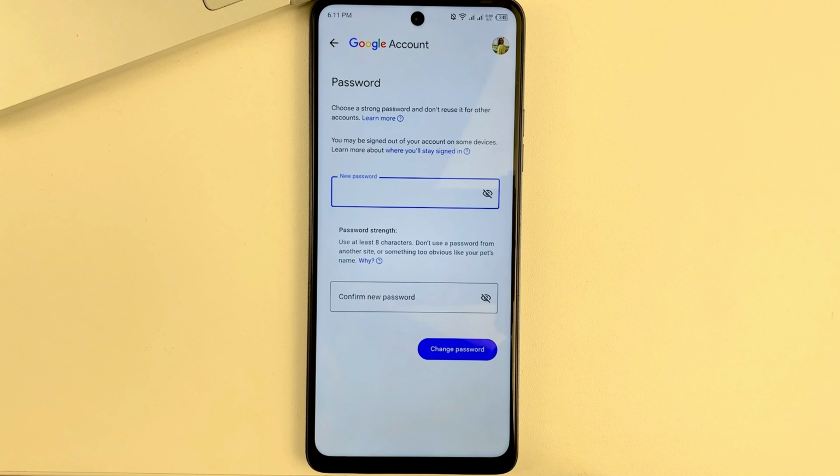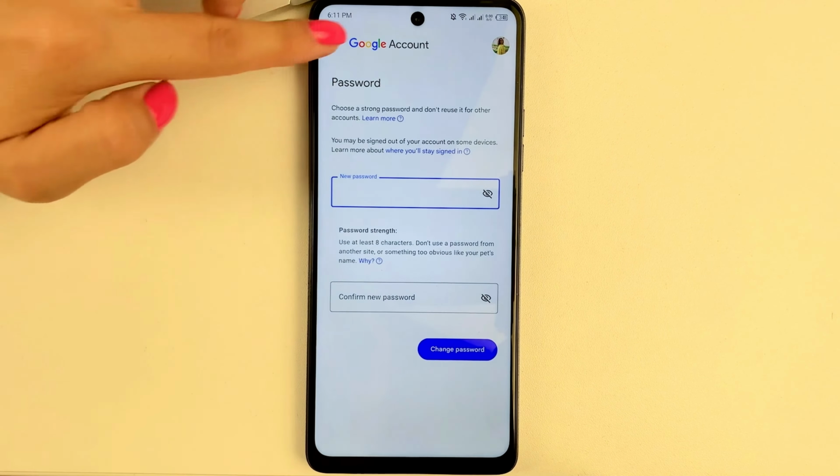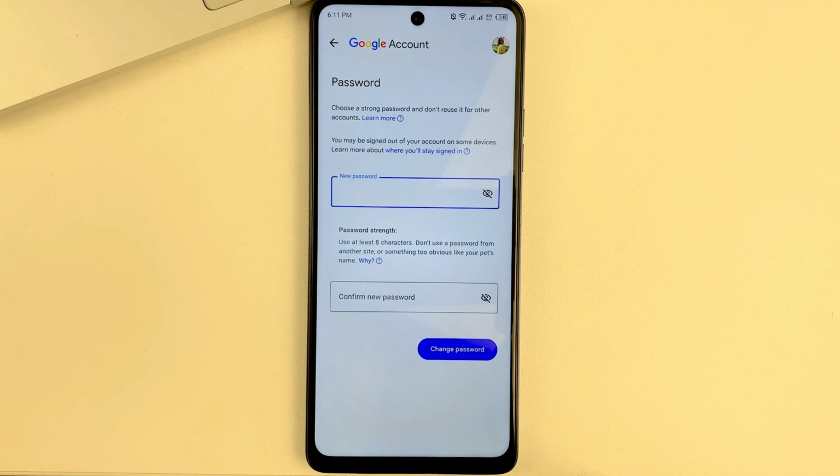If you don't remember your password, then that's okay. You can just change it to a new one. This is not a big deal because you will not be asked for your current password. So changing your password in the Play Store app is directly linked to your Google account because the Play Store is a Google app. In this way, you can change your password in Play Store app on your Android very quickly and easily.